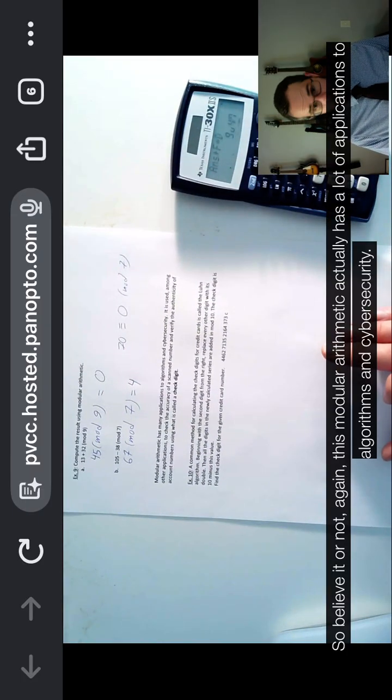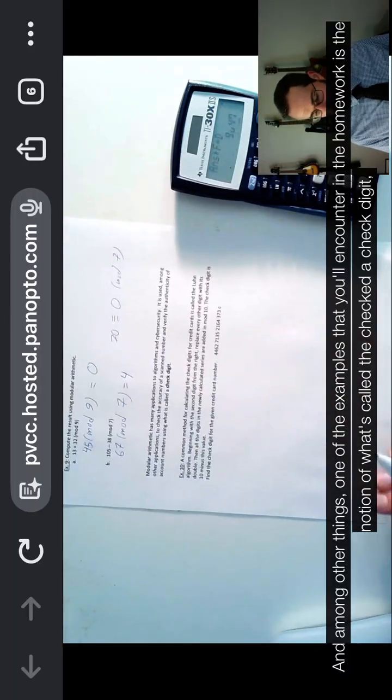So believe it or not, this modular arithmetic actually has a lot of applications to algorithms and cybersecurity. And among other things, one of the examples that you'll encounter in the homework is the notion of what's called a check